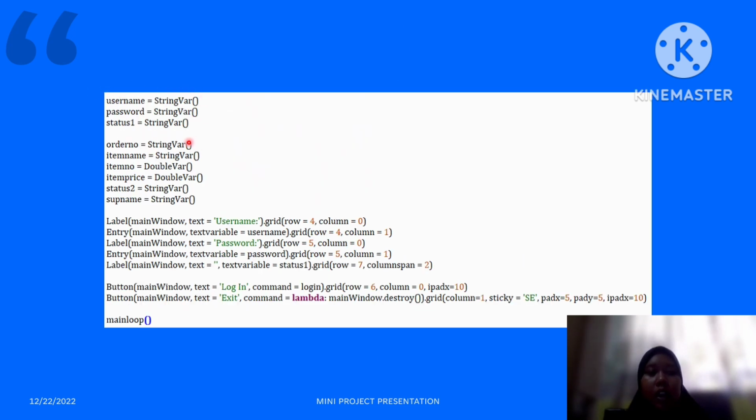Here we declare all of the variables that we use, as the type of the data that it is. For example, for username, we use StringVar, and so on. Then this is the declaration for the label and entry for the system to receive the username and password that the user inputs, so that we can check whether the username or the password is right